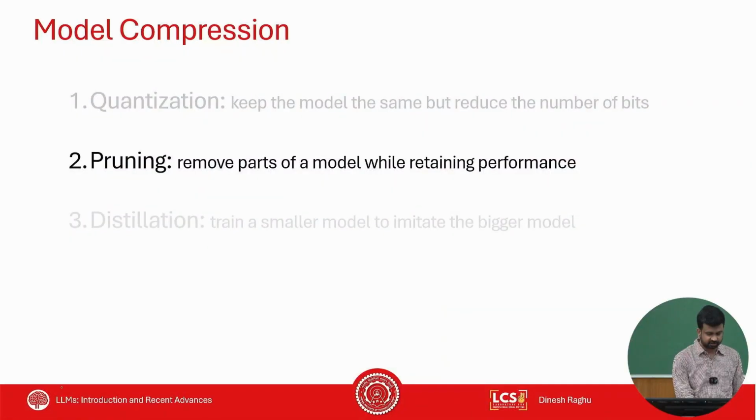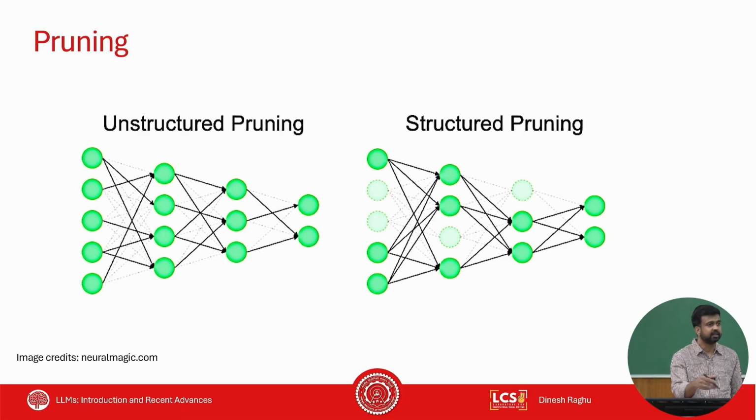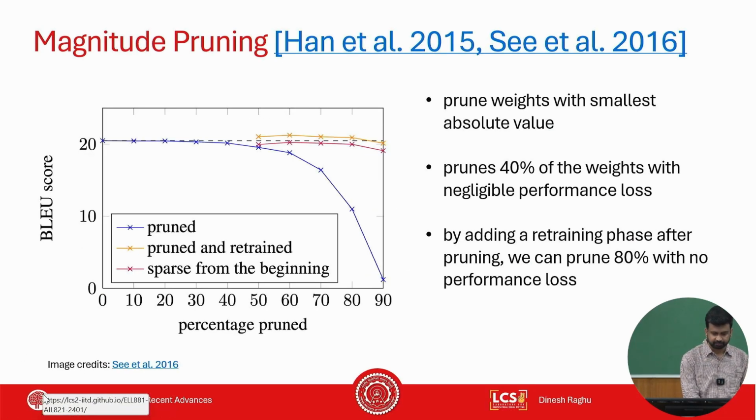So in pruning, as the name suggests, it's very simple. All you need to do is just remove certain things from the network. So here these are the weights, right? Unstructured pruning is like randomly removing weights from the network with the hope that you don't affect the performance. And structured pruning is more like you take into account the exact structure of the network that you are going to prune, and then prune certain structural components from the network, right? So I'll cover both of them.